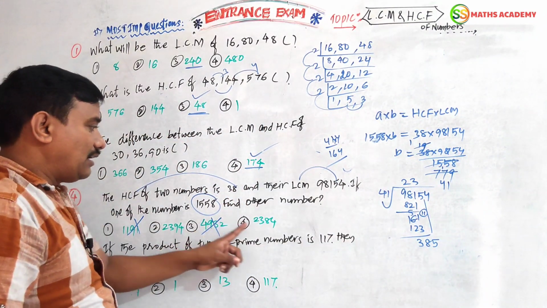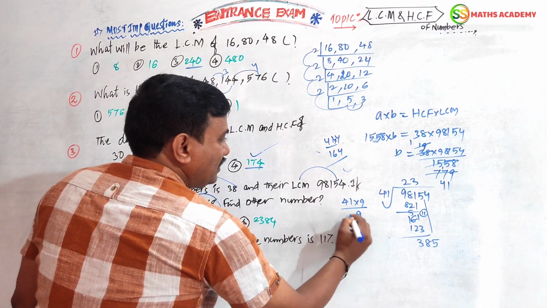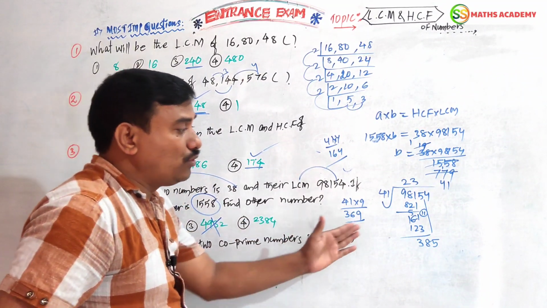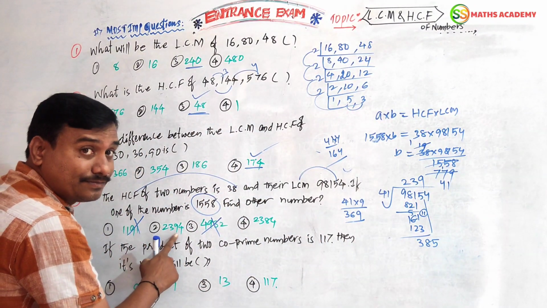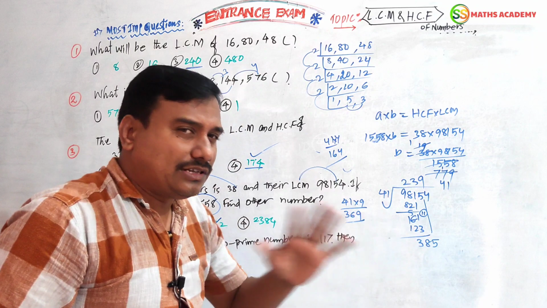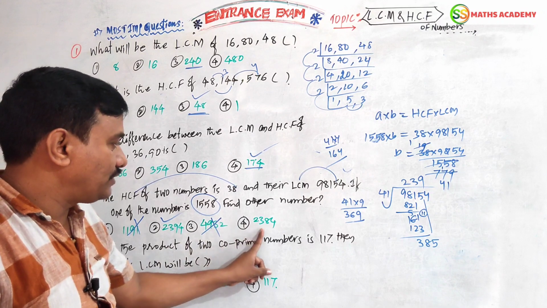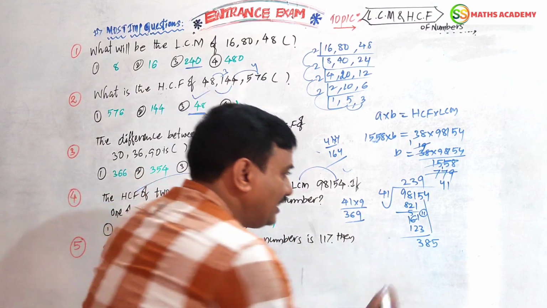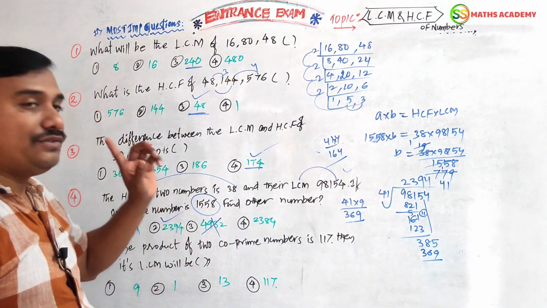385. The nearest numbers are 8 or 9. We can check it. 41 nines: 9 ones are 9, 9 fours are 36, 369. 9 will go, the very nearest to 385. So 9, so 2394. So this is the option. No need to do the next number. Just you can see 2 after 3, 2 after 3. Here 8 will be there, here 9 will be there. But nearest, you can check it, 9, 369 is the nearest to 385. So that is the reason 2394 is the option for this question.